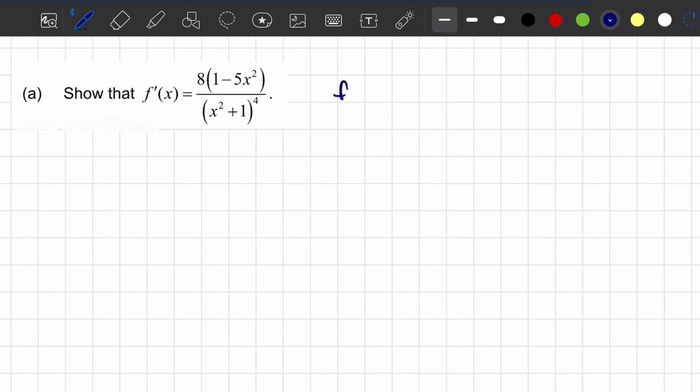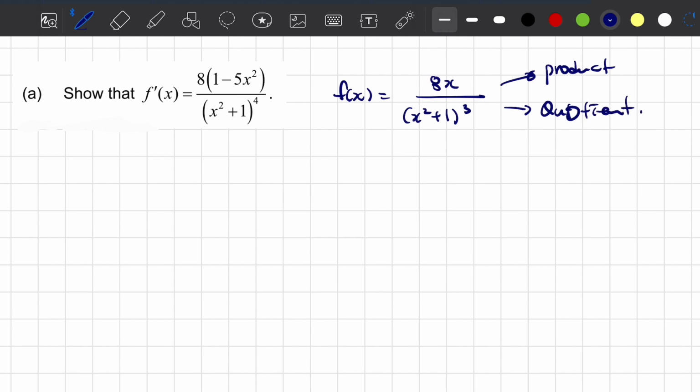We know that f of x is the same as 8x over (x squared plus 1) to the power of 3. In order to differentiate this function, since this is a fraction, you can use either the product rule or the quotient rule. Here I'm going to use the quotient rule. If you have a function y equals u over v, in fraction form, we can find the derivative using the formula y prime is the same as u prime times v minus u times v prime